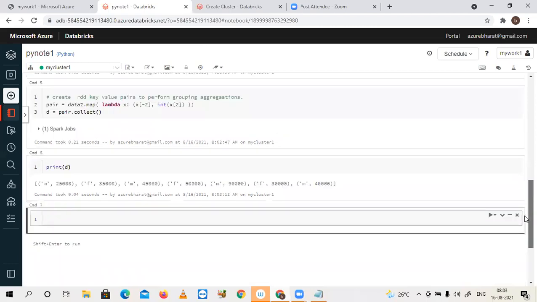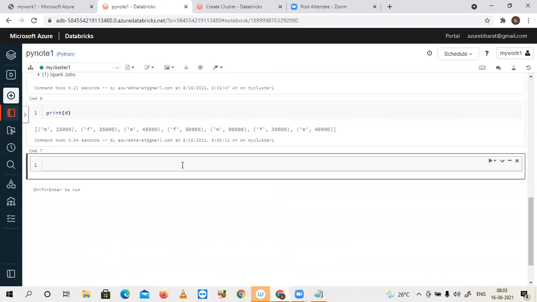To perform the grouping aggregation, suppose I am creating one more RDD. That RDD is the result now. What is the input for this? Pair.reduceByKey. There is another option, groupByKey, also. But in the next transformations, you will get a clear understanding about when to apply groupByKey and when to apply reduceByKey.